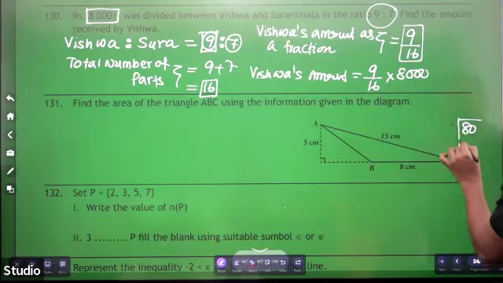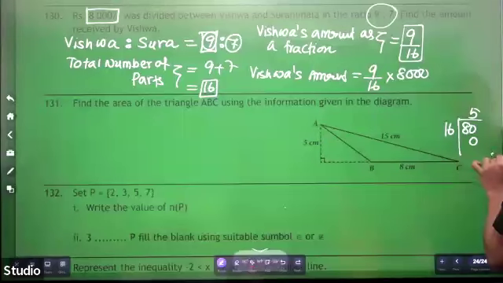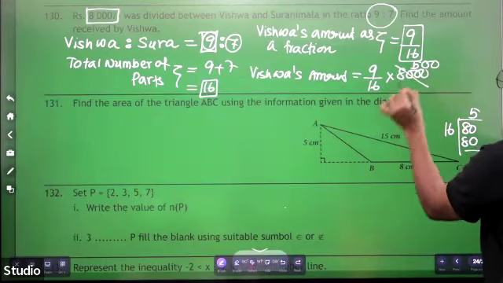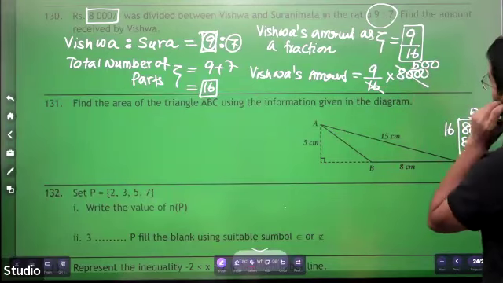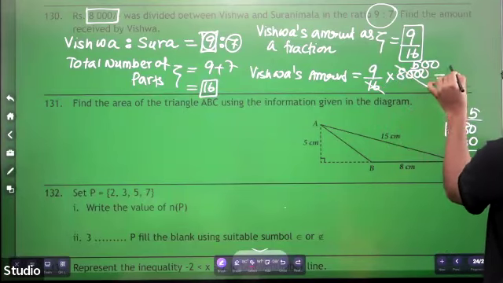Divide and see. 5. So this is 500. Once you divide 8,000 by 16, the answer is 500. 500 into 9 is